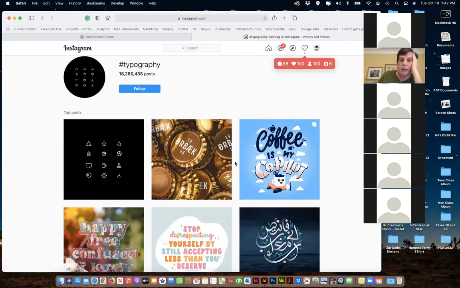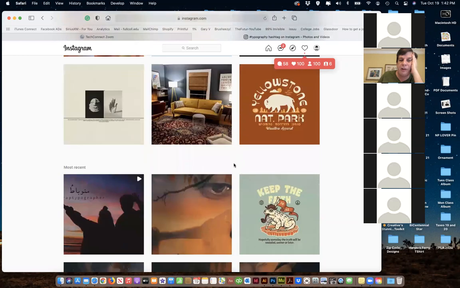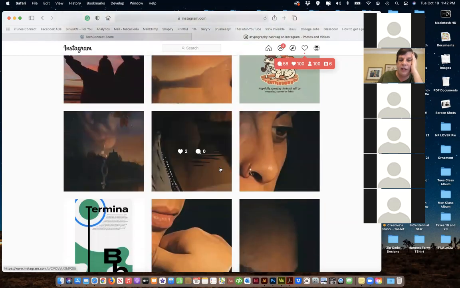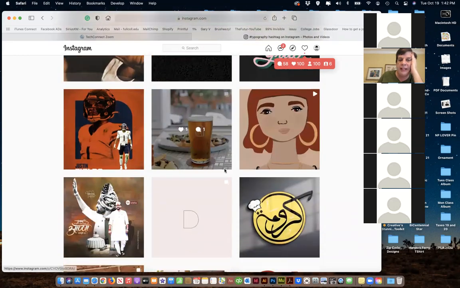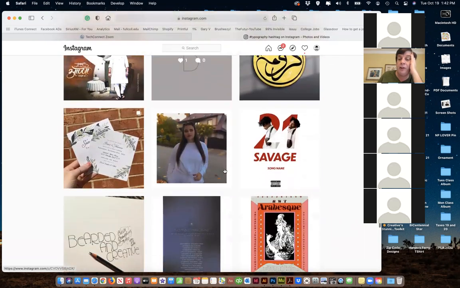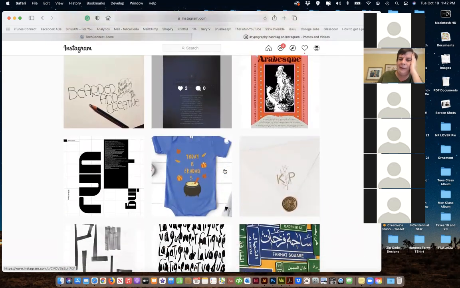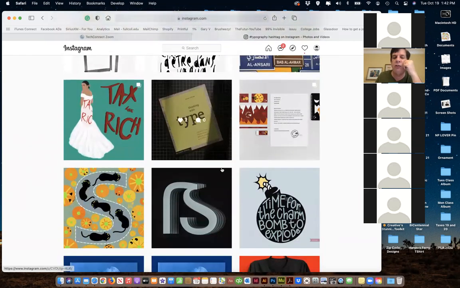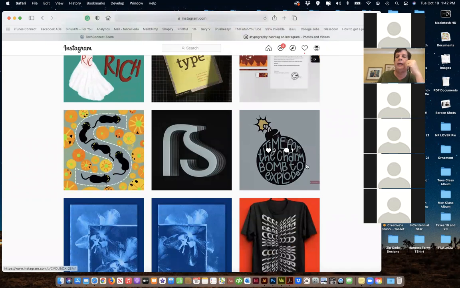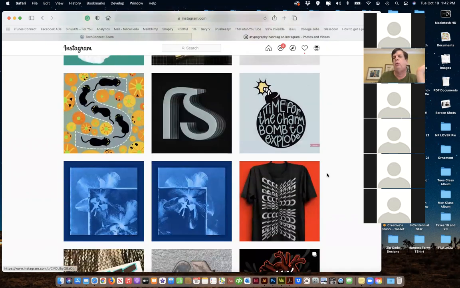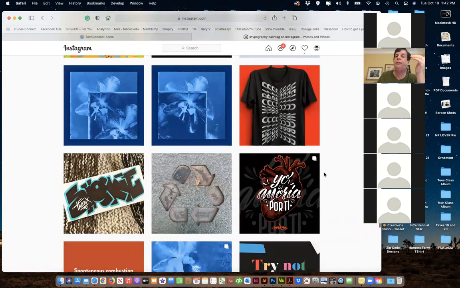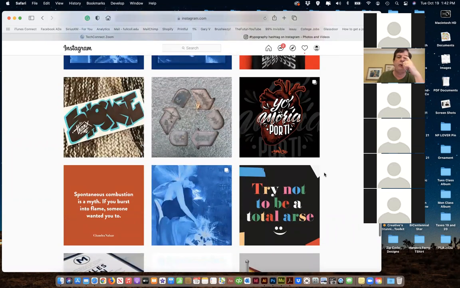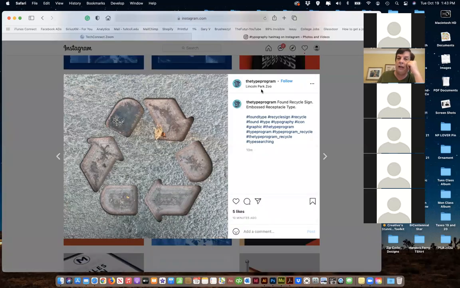But I'm just going to kind of go through. And what I'm going to tell you is, if you go through and you see stuff you like, people are going to notice that. People are going to go, wait a second, who looked at my type? Because you and I know, as somebody looks at your stuff and gives you a like, you kind of wonder, who is that? Right? And they come and look at your feed, and next thing you know, they're like, hey, I like what they're doing. I think I'm going to follow along. Or you're going to look at their work and go, hey, I like what they're doing, and I'm going to follow along.